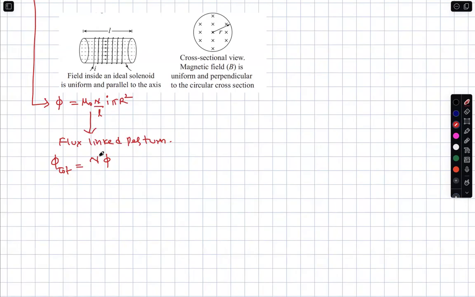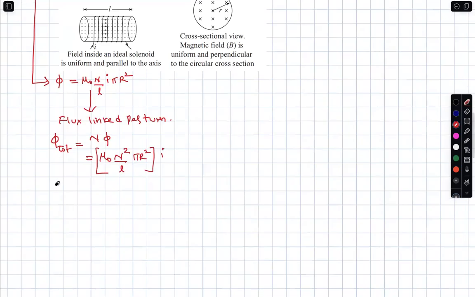Therefore, the total effect increases by N. If there are N cells connected in series, the effective EMF is NE. Same thing I am writing here: mu naught n square by L pi r square times I. So therefore, the coefficient of self-inductance is